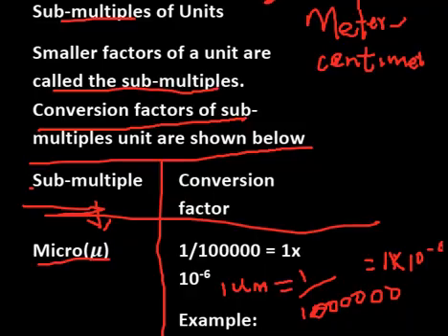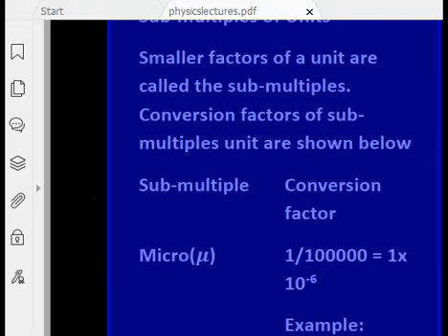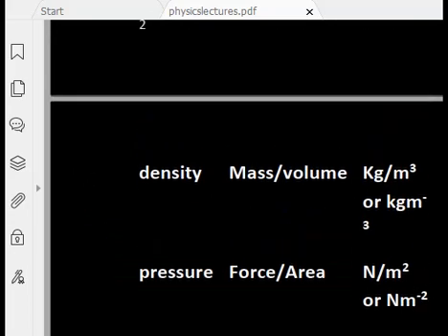Let's get more of them. All right, so here we go. Please take note of that. For micro, we are looking at